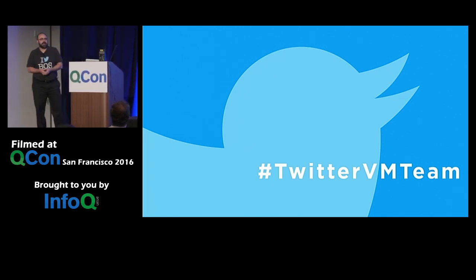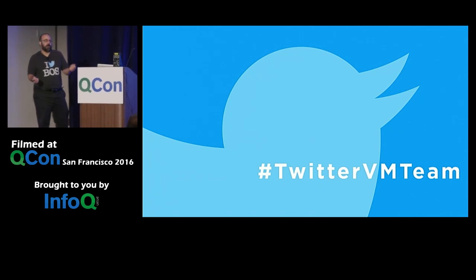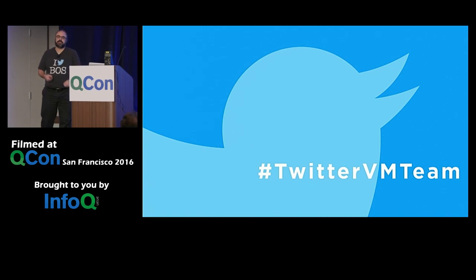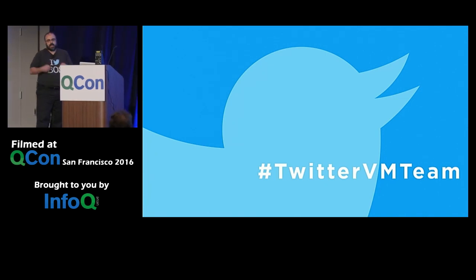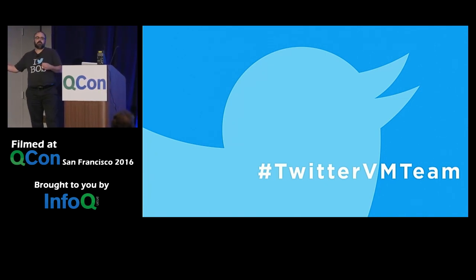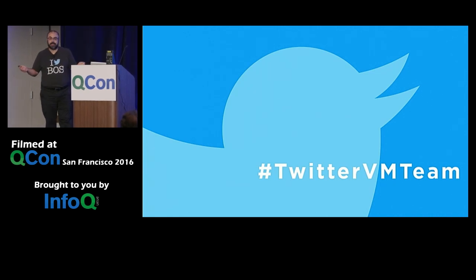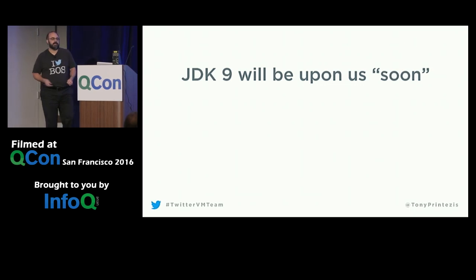During my career, I spent a lot of time working on JVMs. I was at Oracle, and before that at Sun in the Hotspot team for over 7 years. Then after a short stint at Adobe, I've been at Twitter in the Twitter VM team for just over 3 years now. And at Twitter, we of course evaluate technologies that we're going to use in the future. So currently we're on Java 8, but Java 9 is coming. So we started looking into it. So I'm going to share some of my experiences about Java 9.